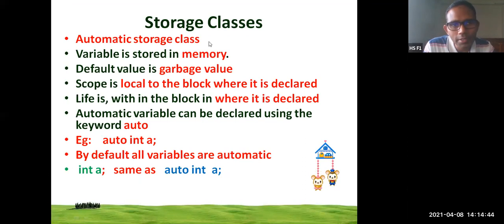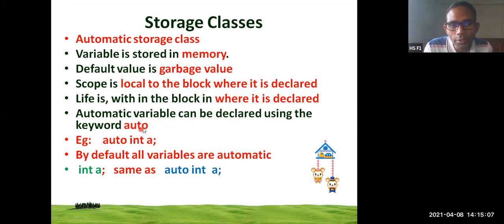So scope is local to the block where it is declared. Then coming to life, life is within the block where it is declared. Wherever the variable is declared, there is the life. Next, automatic variable can be declared using the keyword auto.